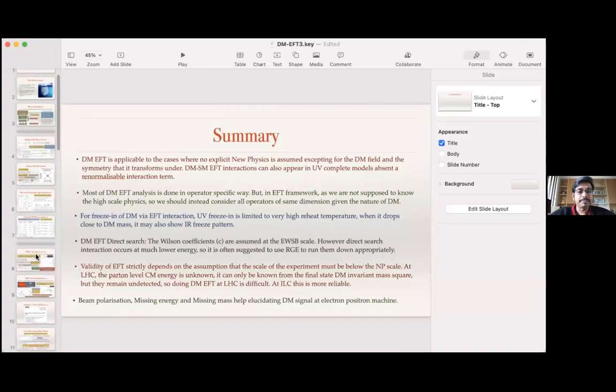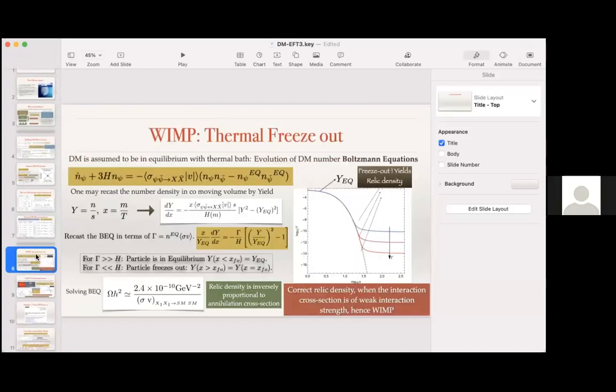Okay, yeah, tell me. The dY/dx equation. Sorry. So yes, actually this Gamma by H equation. The physics argument that we give is that the annihilation reaction rate is much larger than the expansion rate. So there is supposed to be a large number of interactions, so they are bound to be in equilibrium. But just by looking at the differential equation, dY/dx equals minus Gamma by H and something, if Gamma is much larger than H, what is the actual argument that we give such that Y has